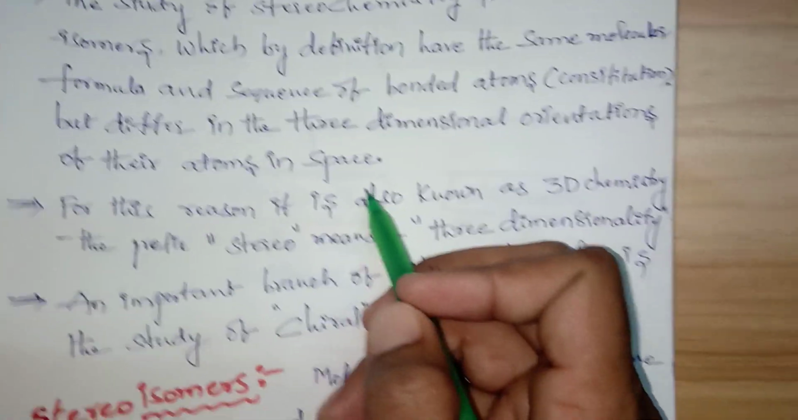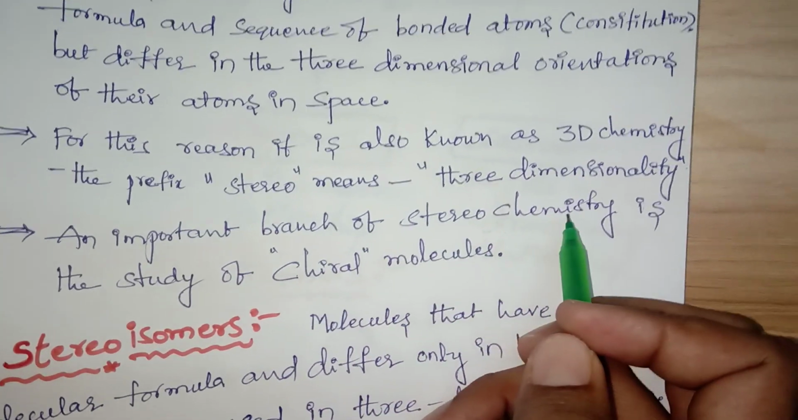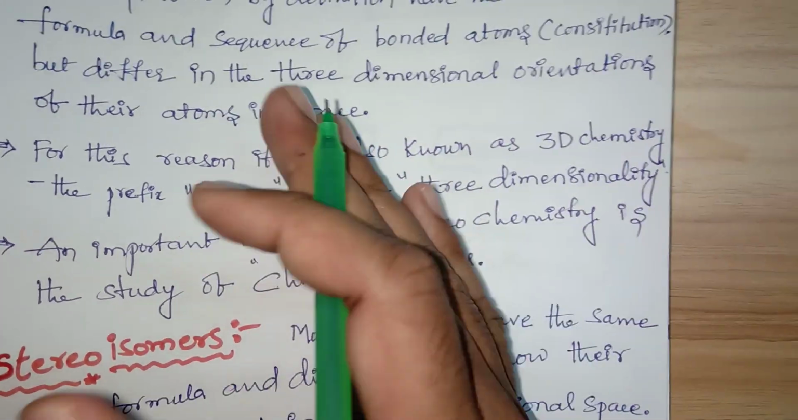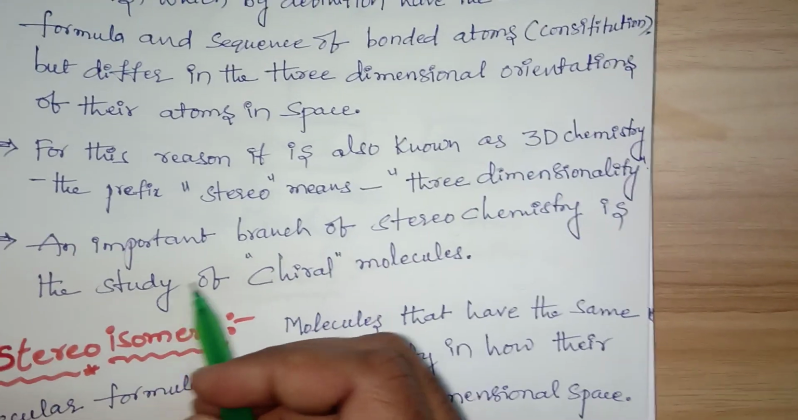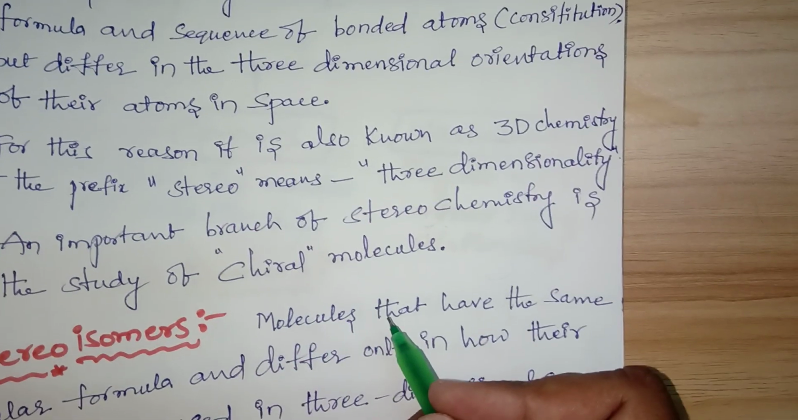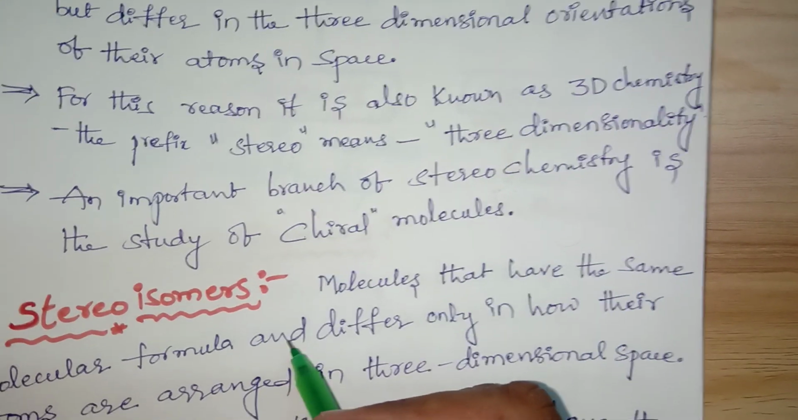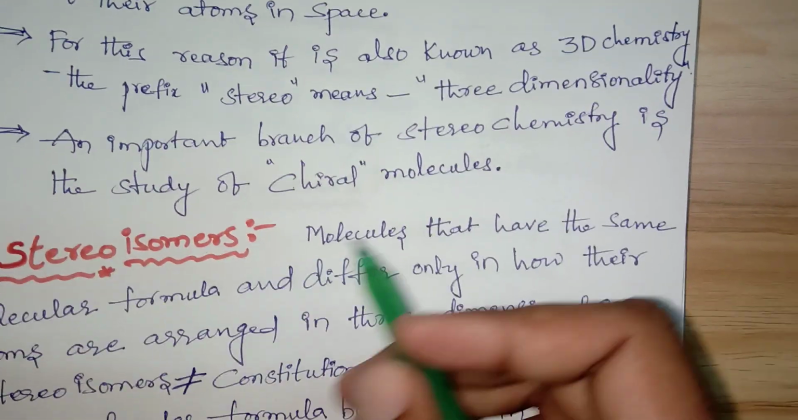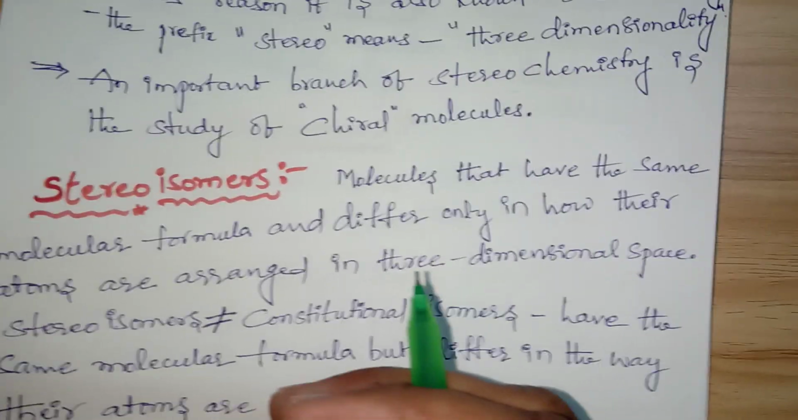So, for this reason, it is also known as 3D chemistry. Stereochemistry is nothing but 3D chemistry. Stereo means three dimensionality, right? An important branch of stereochemistry is the study of optical, or chiral, molecules. So now we will talk about